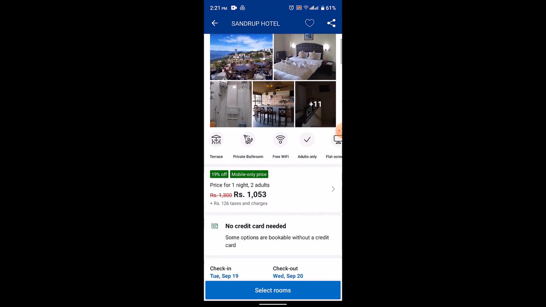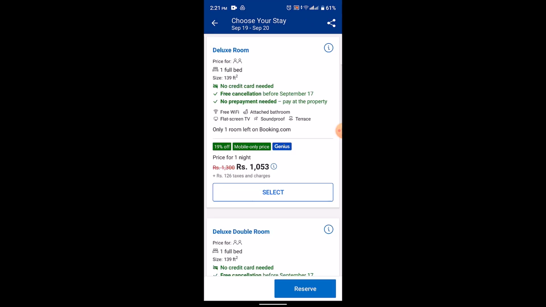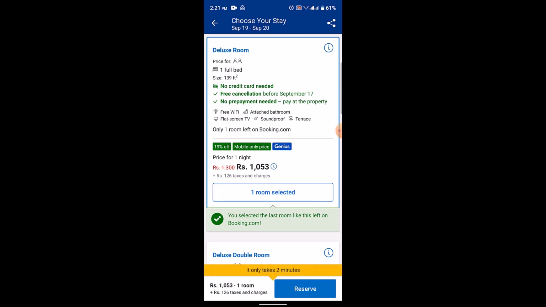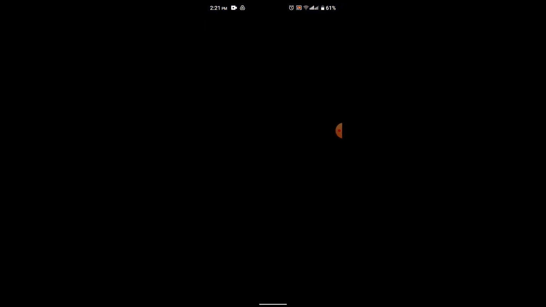After that, look for all of these convenient things, and if you're sure about it, click on the select button, and this is going to take you to the other interface where you actually need to confirm that. So click on the select button and click on reserve. So in this way you can reserve a booking. Now you need to provide all of these details, make your payment and all that, and you've successfully reserved